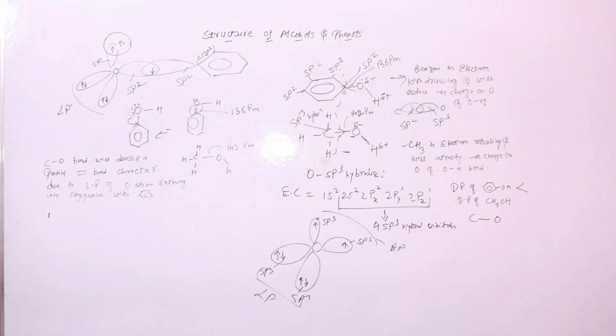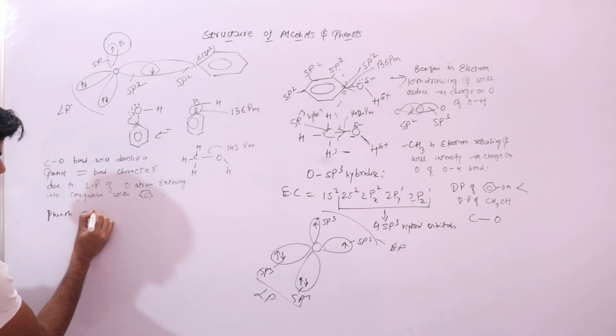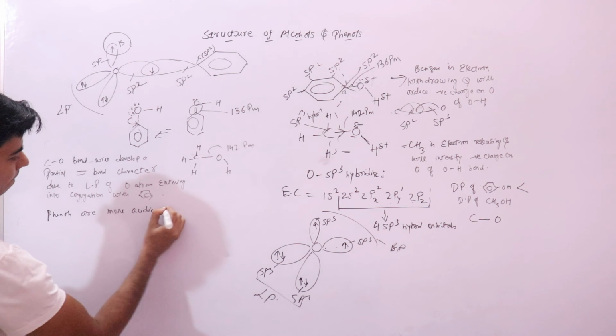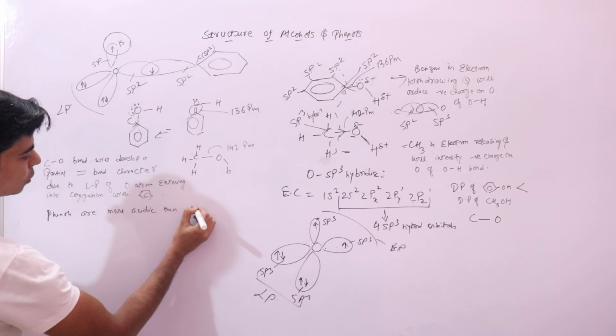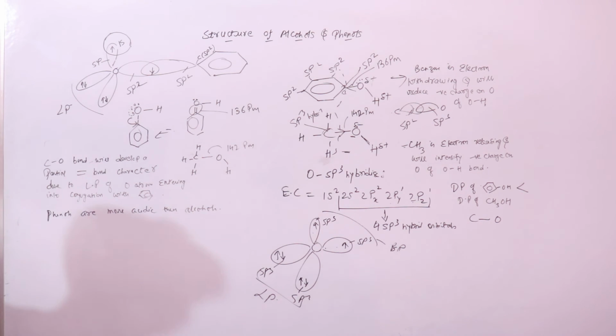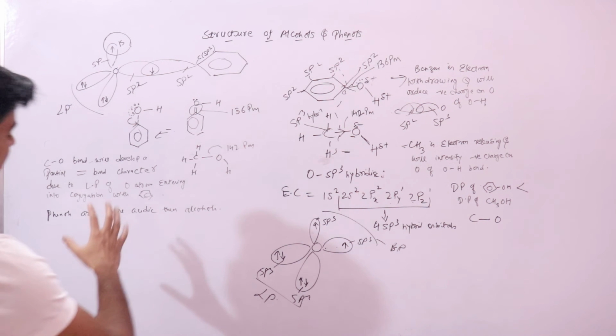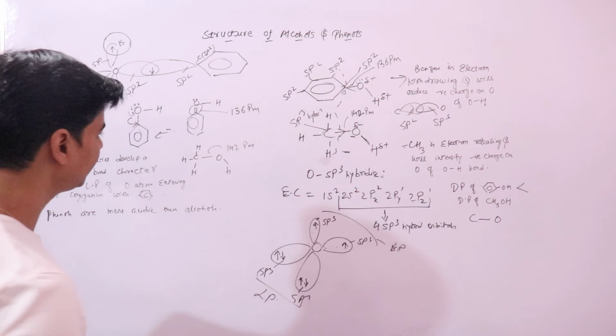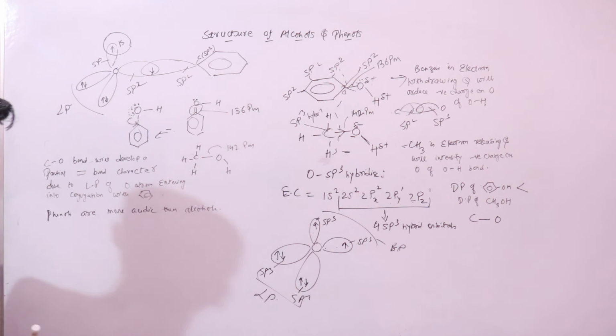Phenols are more acidic than alcohols. What could be the reason that phenols are more acidic than alcohols? The reason is, if you look at the structure of phenol, in the phenol molecule,